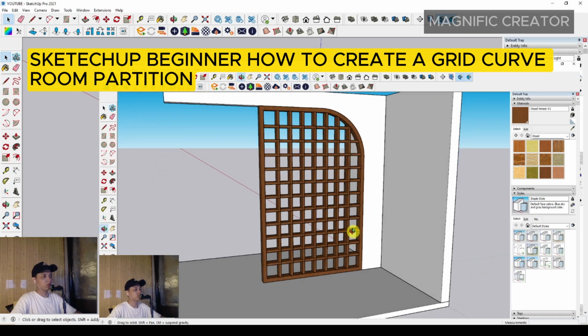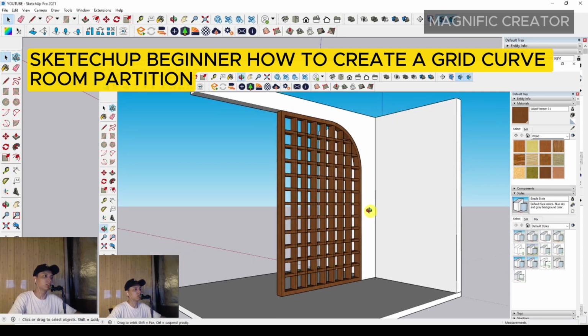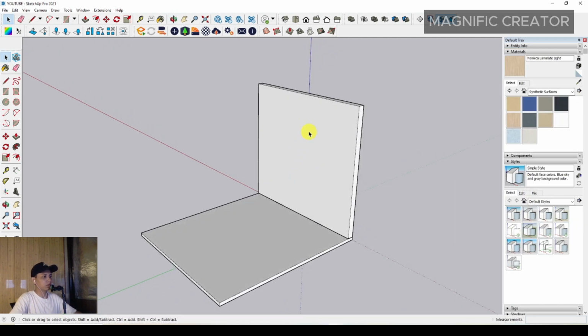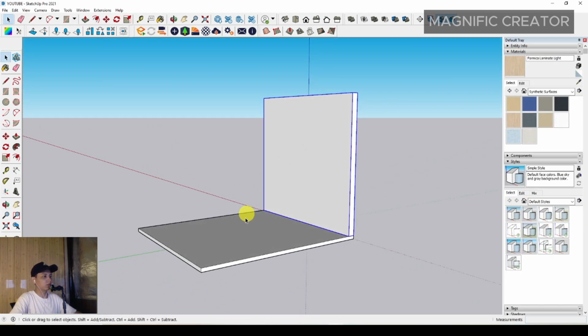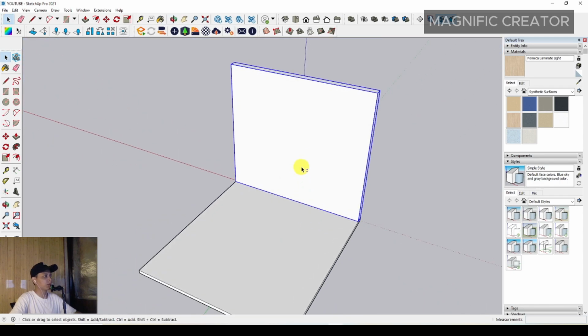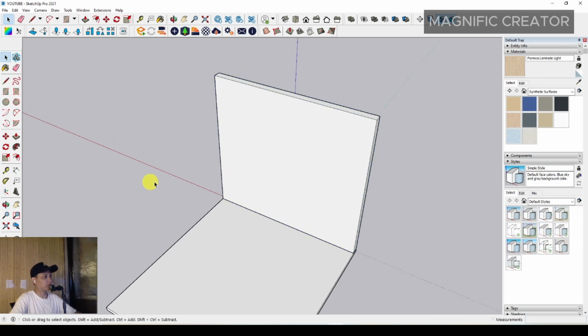In this video, I'm going to explain to all of you how to make a grid curve room partition. First of all, we have to make this existing wall and floor, but in this video I've already prepared it. And the first step for making it is with